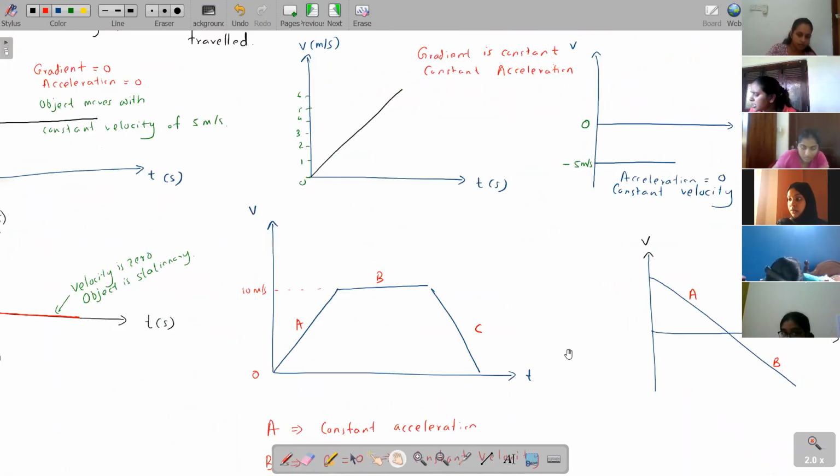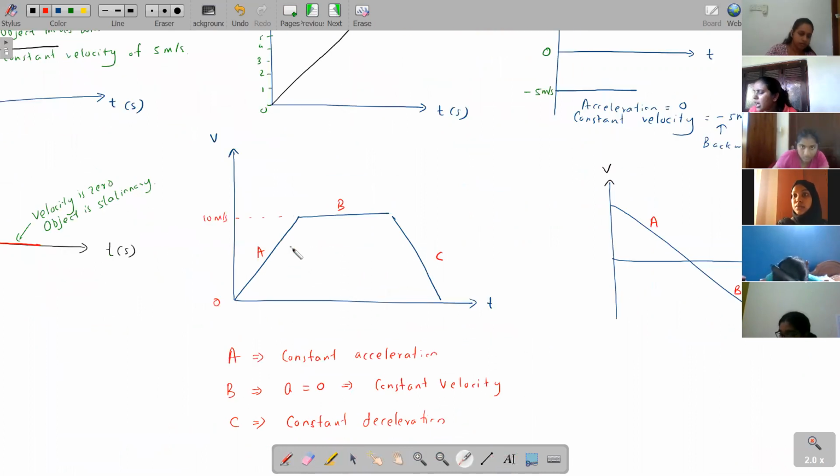So here, if you check this graph ABC, are we having any change in direction? Are we having any change in direction? Please answer me. There is no change in your...